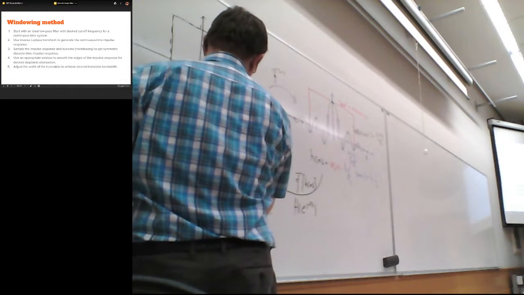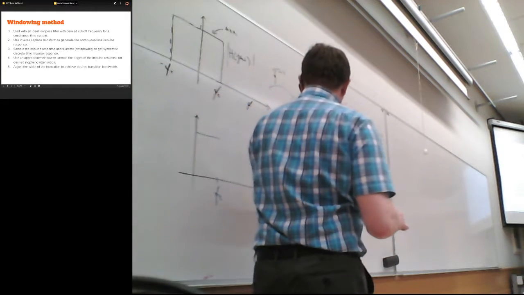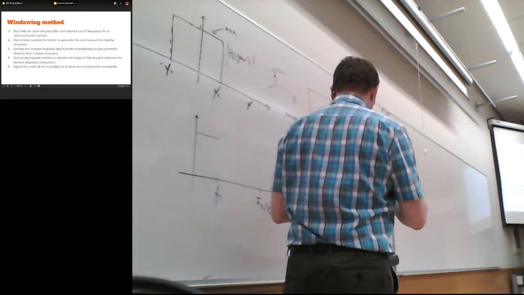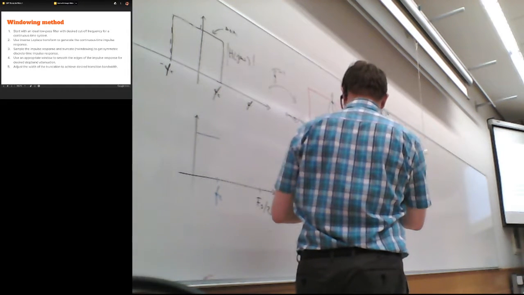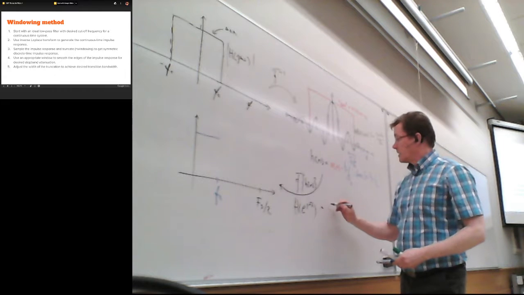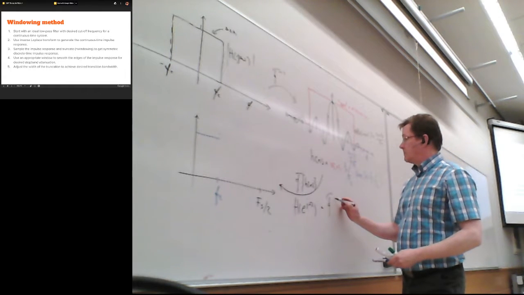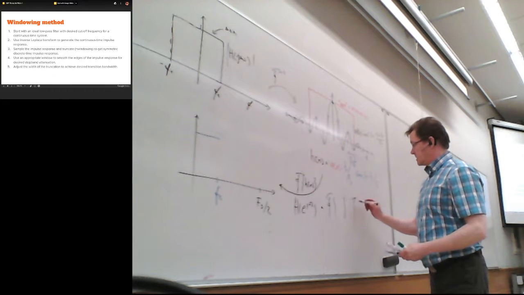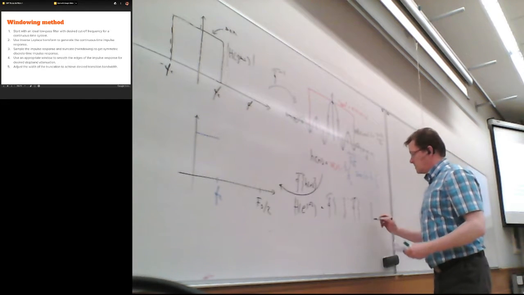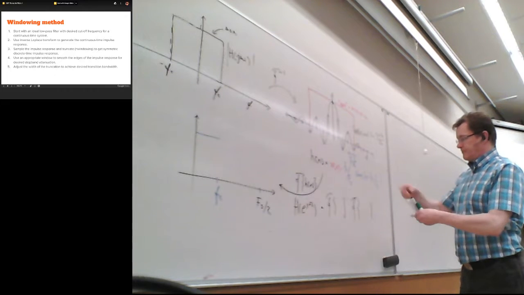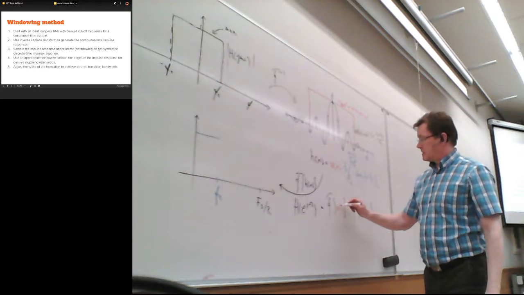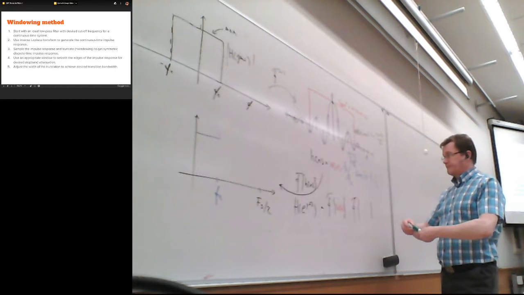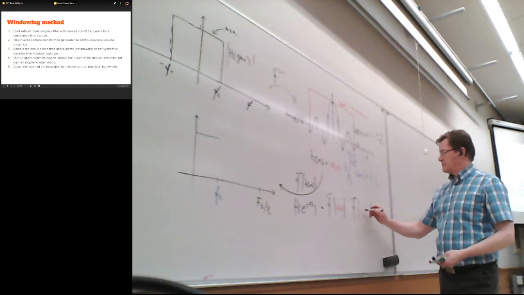So if you do the Fourier transform of that one, actually what comes out is the Fourier transform of, okay, and then Fourier transform of the box, and then we have the sinc,